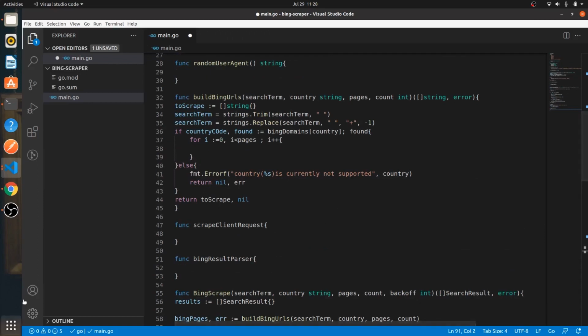So far, so good. Let's go back to our buildBingURL function. And here, by mistake, there's a capital O. It should be a small o. And here, what we want to do is create a scrape URL, right? So we'll say scrapeURL is equal to fmt.Sprintf,